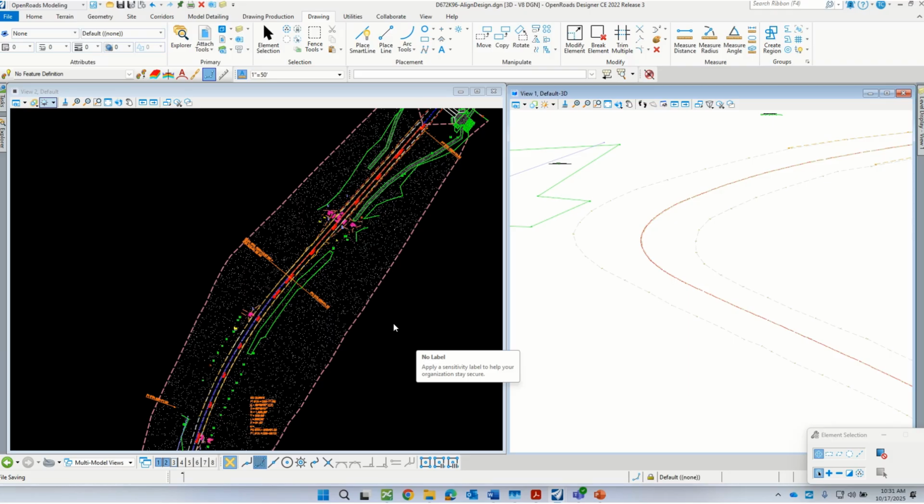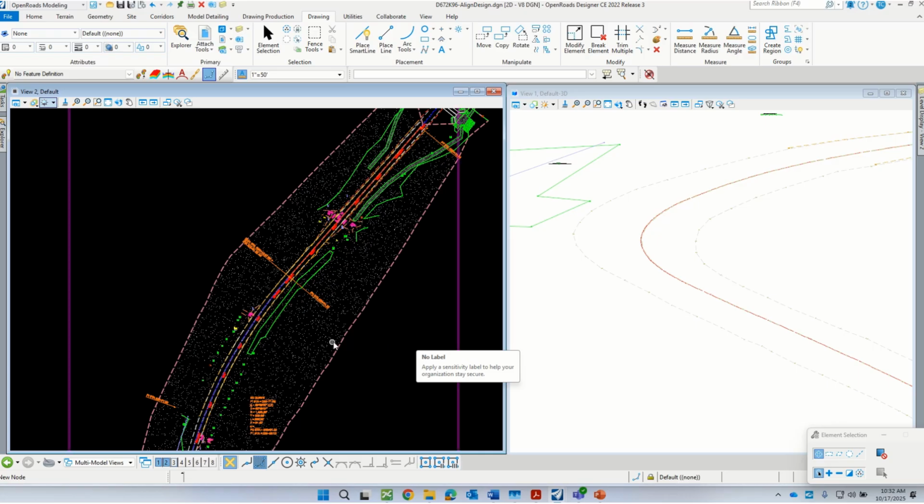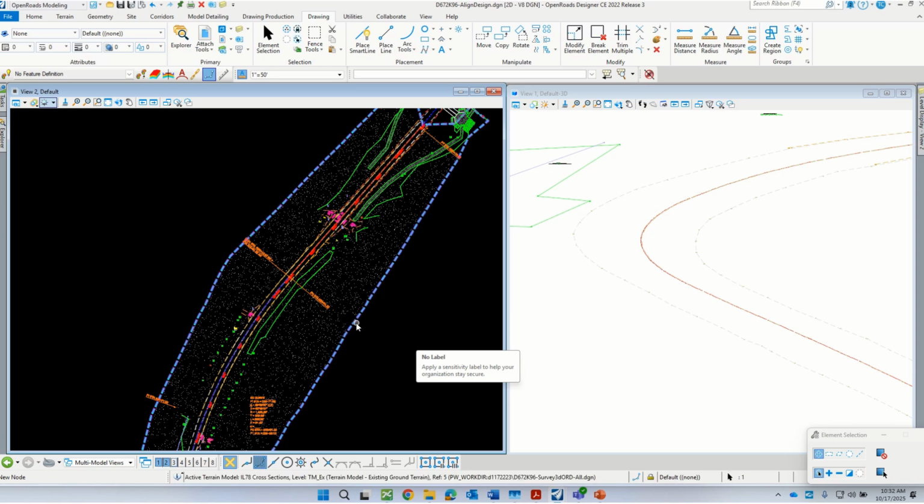But to keep it clean, you can export out just the terrain, so you're not looking at all that other topo and that sort of thing. So within all these other files, it is possible to just have a clean terrain and nothing else. And so in order to do that, you're just going to hover over that alignment, and then you go to the export button, and you can export the terrain in multiple formats. LandXML is getting to be probably the most common one. So I'll select that,